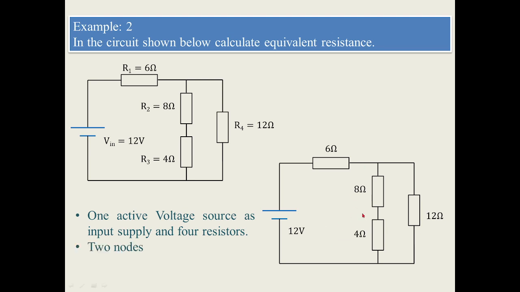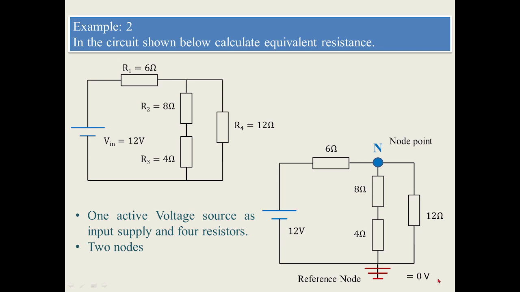There are two node points. How to identify node points? You can see here I have identified the node point as capital N shown by the blue dot, and you can see brown lines which are acting as a ground node, or you can say generally a ground node or reference node. A node point and a reference node point, they are the two nodes over here. Between these two nodes you can see 12 volts in series with 6 ohms. This is one branch. 8 and 4 are in series. This is another branch. And 12 ohms is the direct resistance connected between the node point and the reference node.